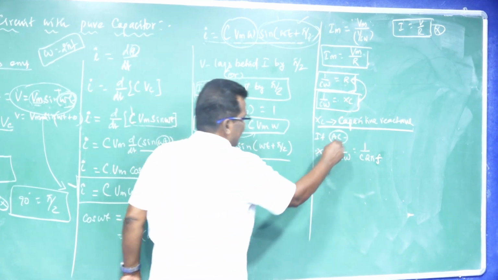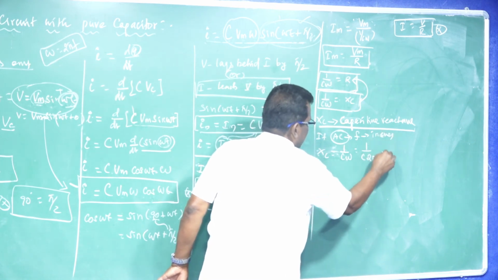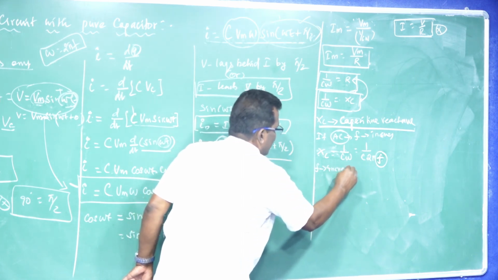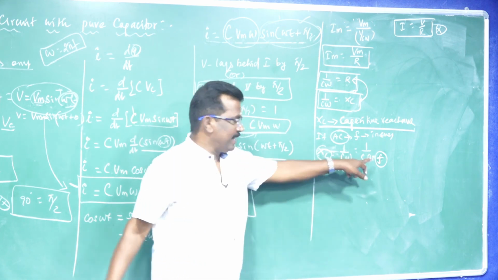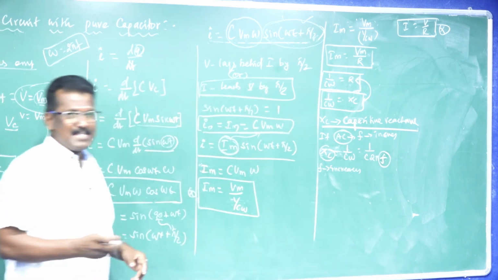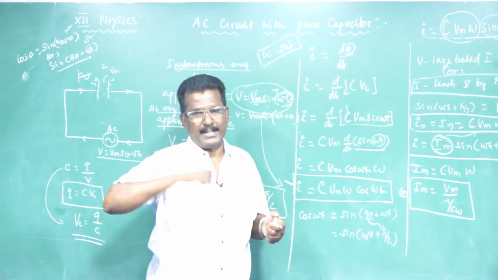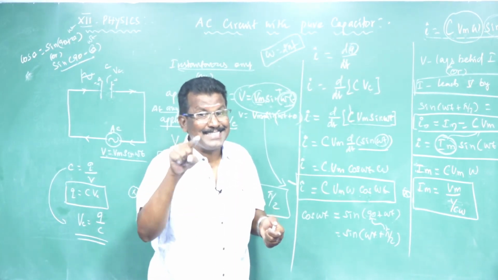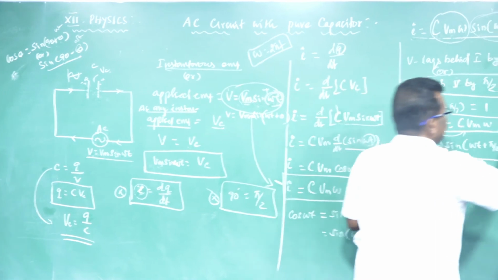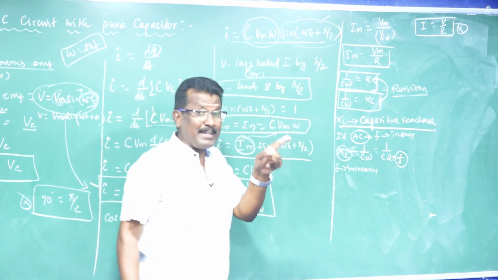In the case of AC, F increases. When F increases, what happens? The denominator increases, so the value decreases. F increases because in AC mains for domestic power supply we are using 50 Hz. When the coil continuously rotates, the frequency increases. When the frequency increases, XC decreases. What is the main function of the XC? XC functions only as resistance. That is the resistance offered by the capacitor.